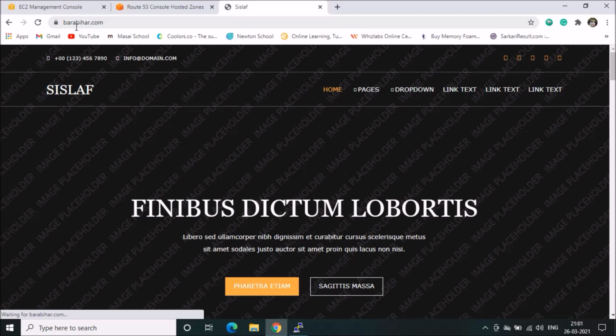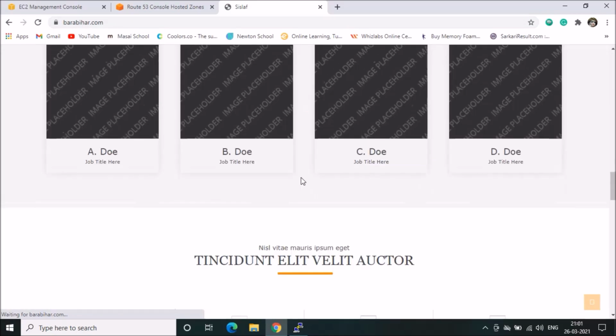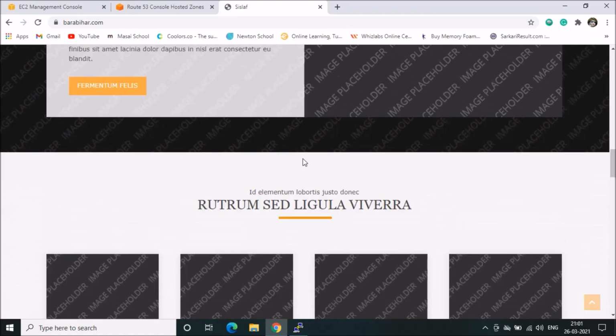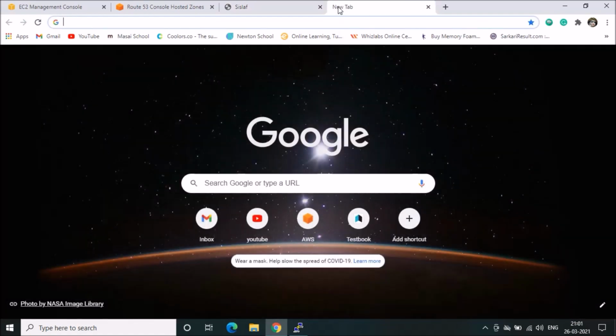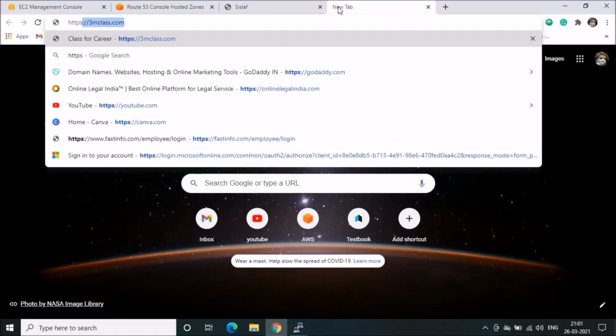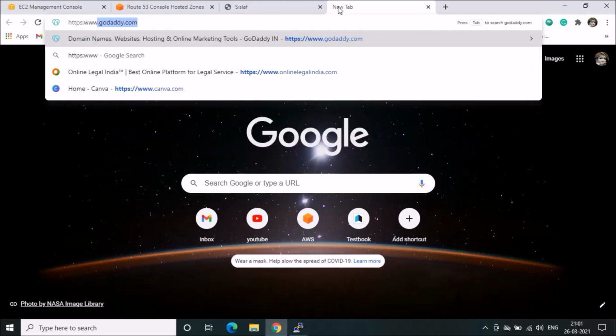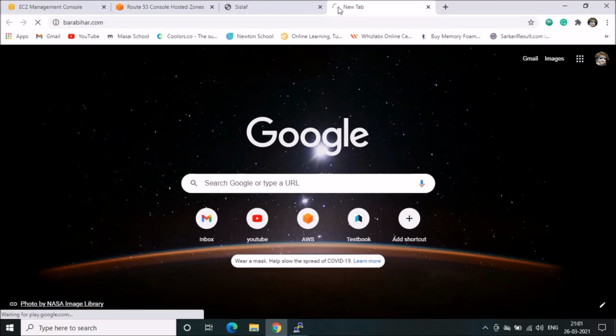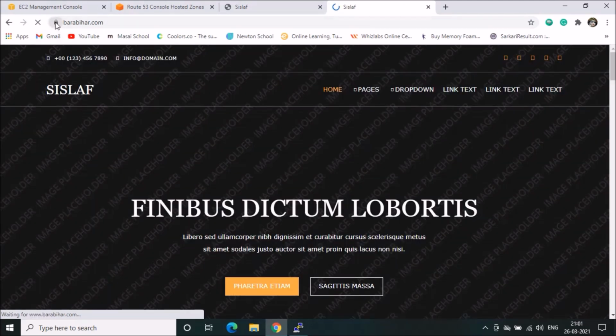Now you can search by https://www.barabihar.com. By this you can also search. Okay, now everything is fine.